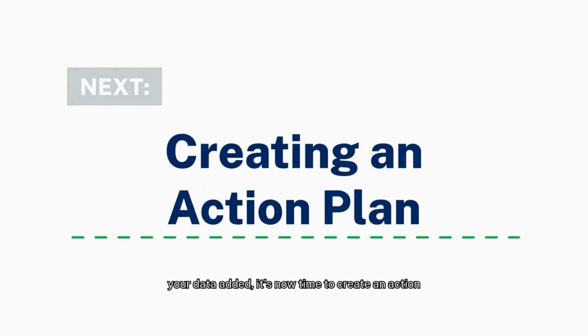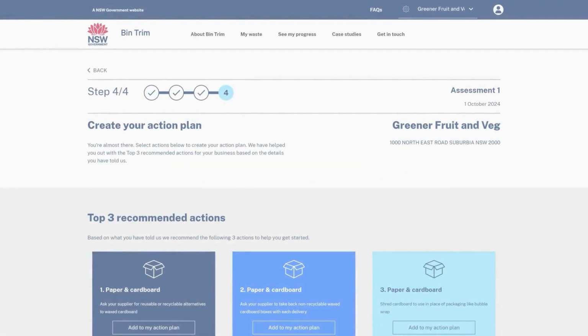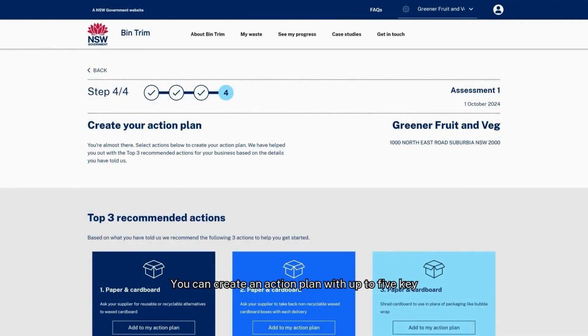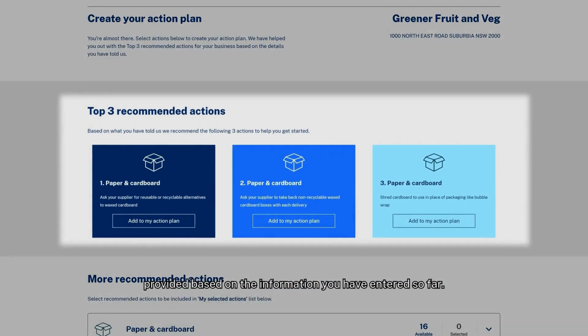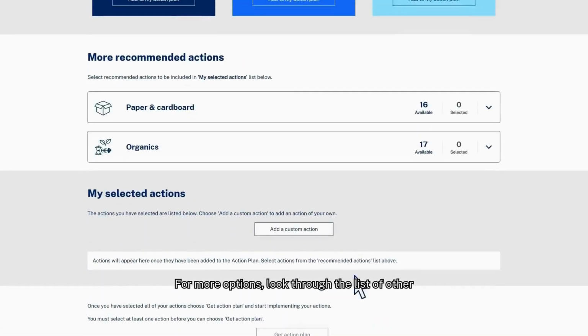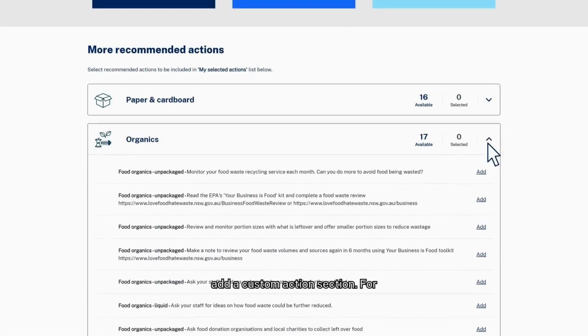With all your data added, it's now time to create an action plan. You can create an action plan with up to 5 key actions. The top 3 recommendations are provided based on the information you have entered so far. For more options, look through the list of other recommended actions or create your own in the Add a Custom